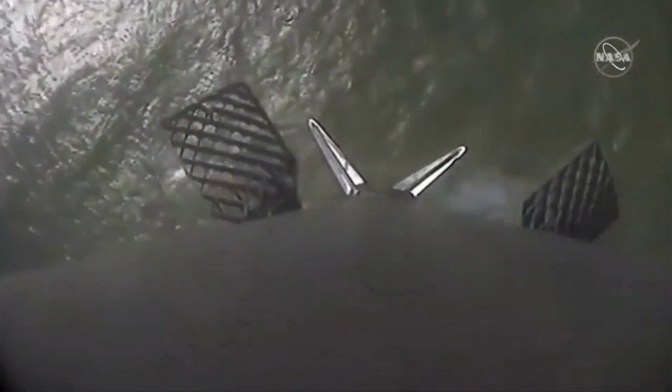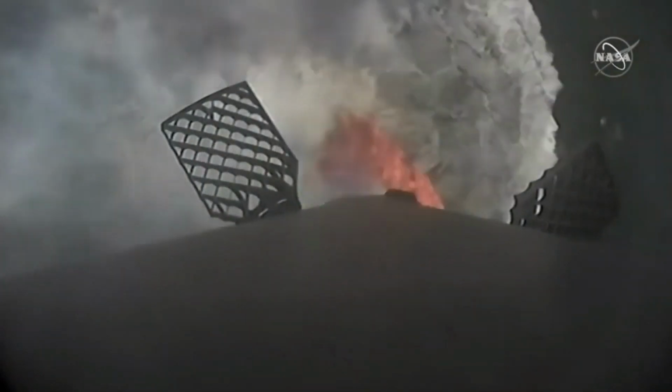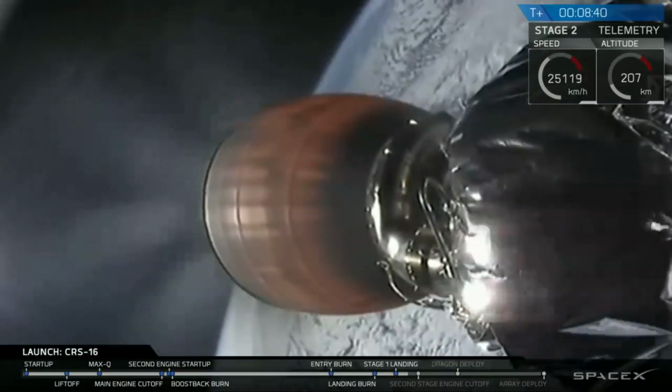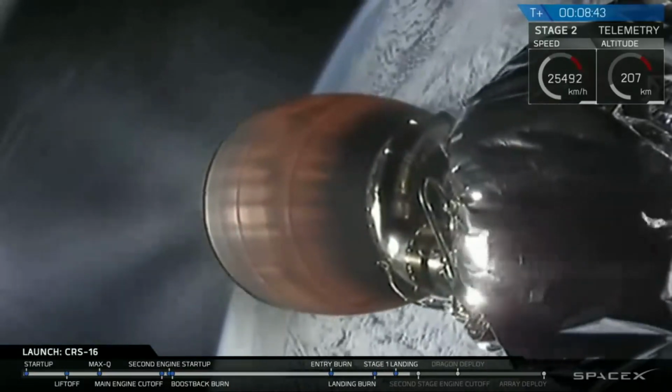Stage 2 continues along the nominal trajectory. Right now, Stage 2 is currently on a nominal trajectory. This is the primary mission to get that Dragon spacecraft into orbit. Right now you can see that second stage is performing nominally with the Merlin vacuum engine. Landing operator Dimitri filling out through a site rep and we can continue to super